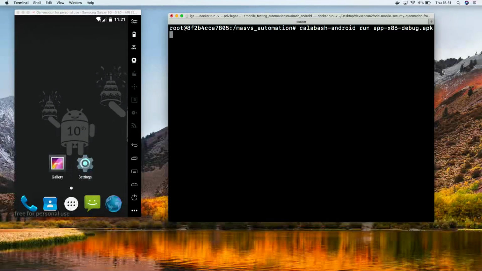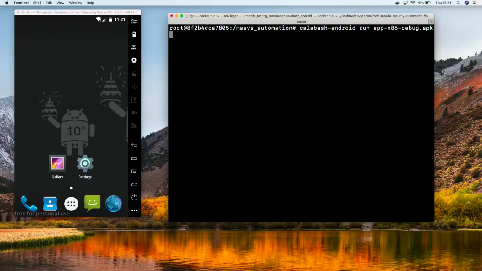So we have our mobile device, and in the console, it's our Docker container, right? The Docker container is attached to our tests and our folder containing the APK.